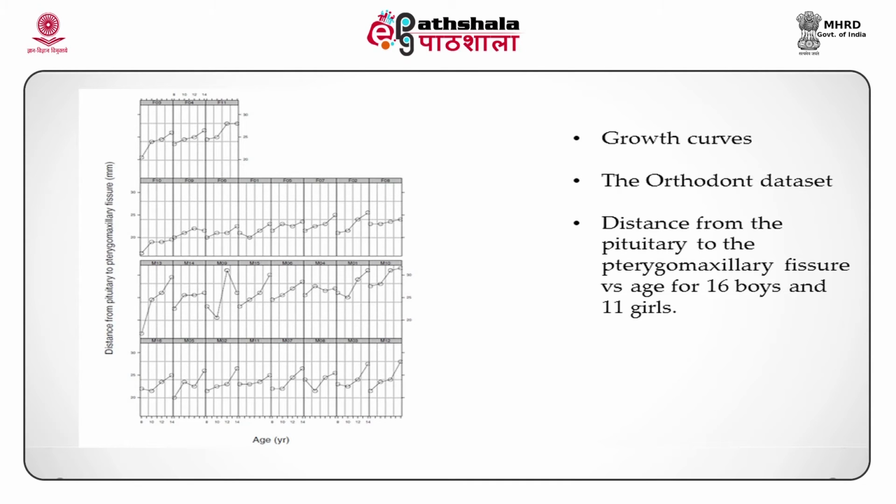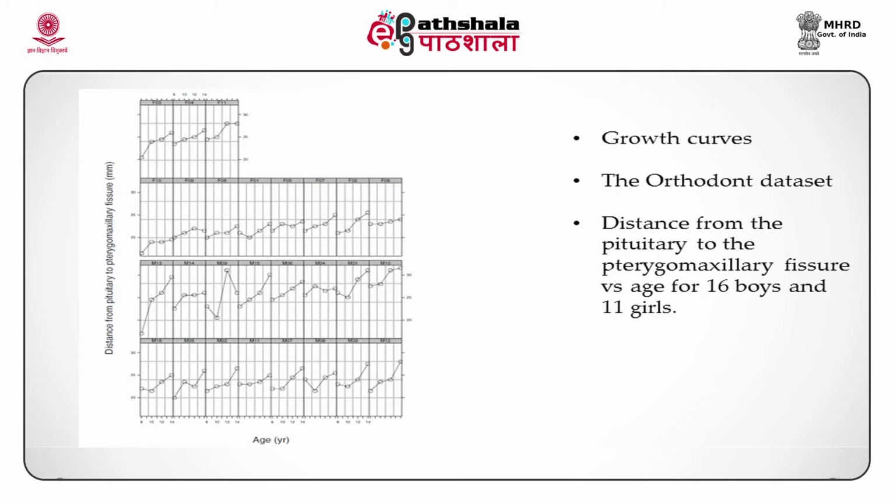More specifically, by growth we mean the distance from the pituitary to the pterygomaxillary fissure, and we have plotted this against age for a sample of 16 boys and 11 girls. This plot is given on the left panel of the slide. On the x-axis we have age, while on the y-axis we have measurements on the distance from the pituitary to the pterygomaxillary fissure, measured in